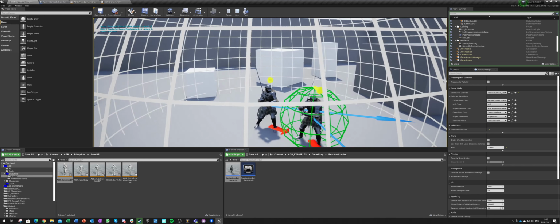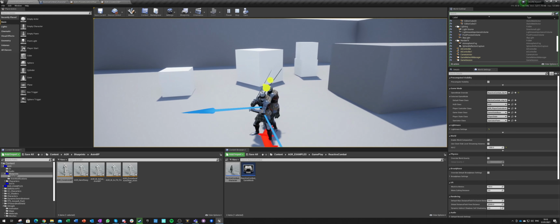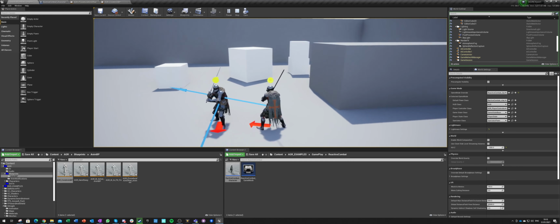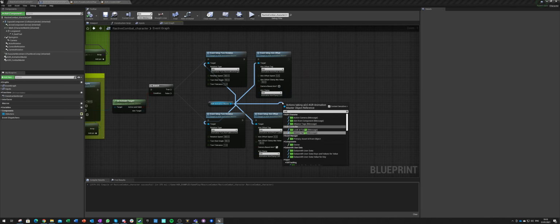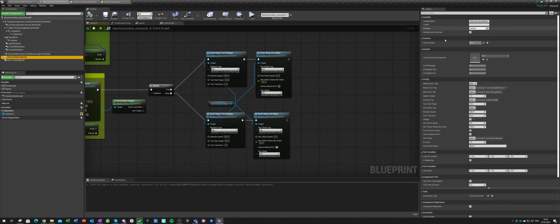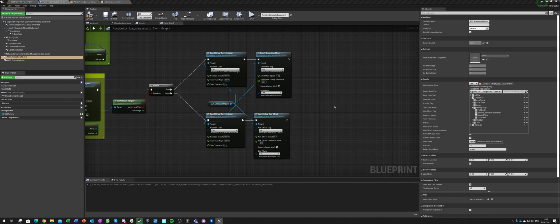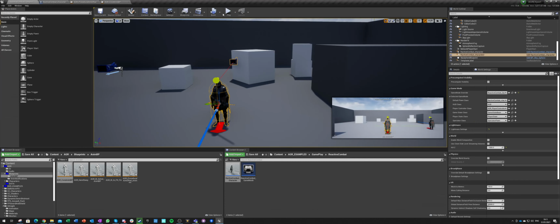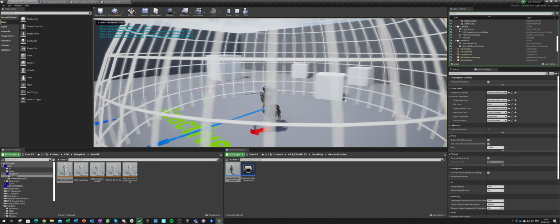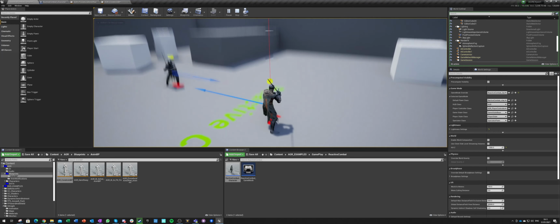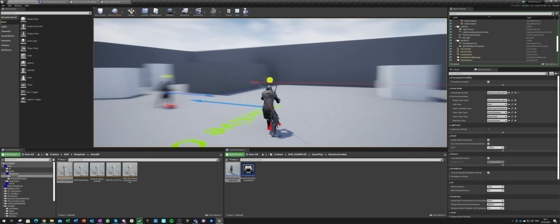And now if I attack, I'm trying to attack this guy, but I am attacking a bit up, especially if I am very close. So what I want to do is I want to ignore, so I want to get animation. Oh, you know what, I can just hard code it here, so I can just go here into animation master, I can go into modification tags, and I will add animation modify tag ignore pitch. And if I ignore pitch, I will no longer look up and down. And now if I look up and down with the camera, nothing happens. Left and right, he is looking left and right.